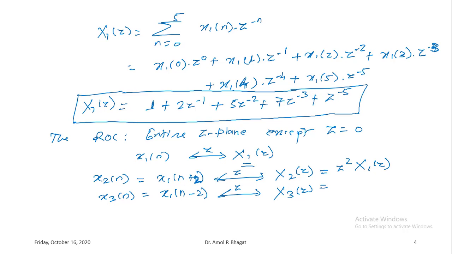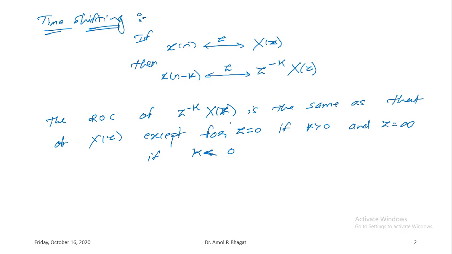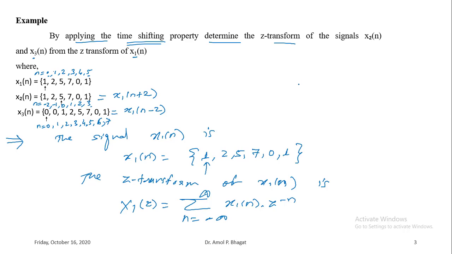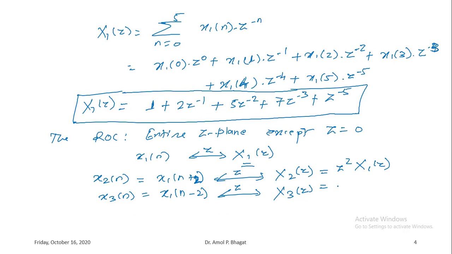Similarly, here you are delaying it by 2, right? So in place of k simply 2 is there, so it will be z to the power minus 2 into x1 of z. Okay, so it will be z to the power minus 2 into x1 of z, right? So this is how, by applying the time shifting property,